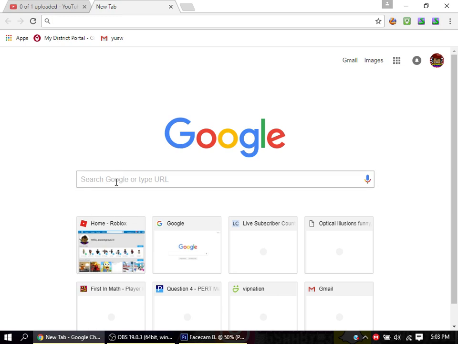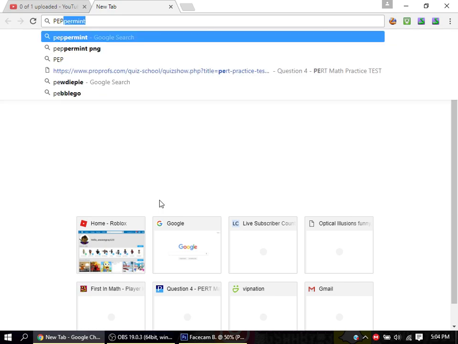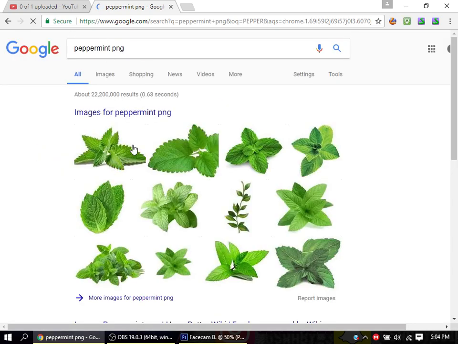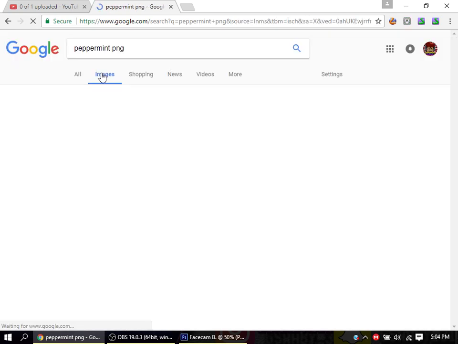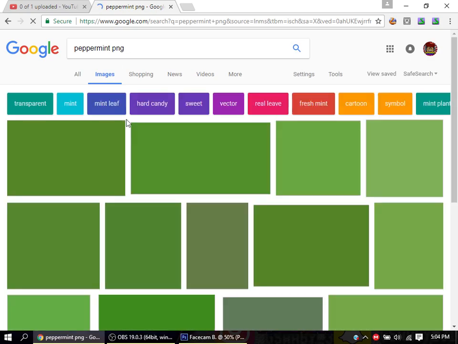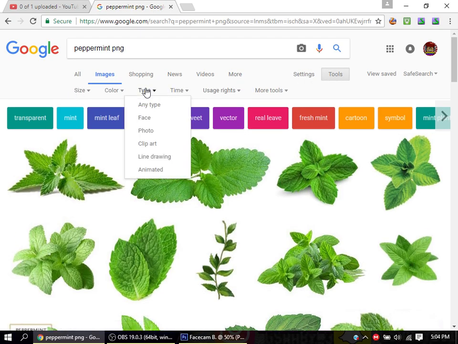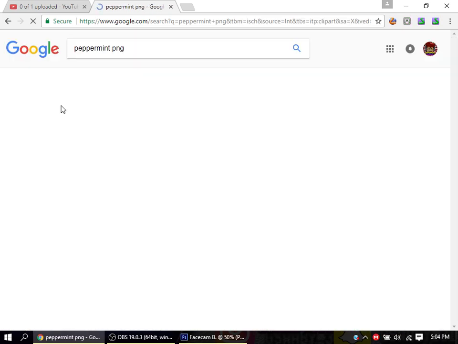You're just going to open up Google. You are going to search up anything you want. So I'm going to search up peppermint PNG. Now just press enter, and let me go into images. Let's wait for this to load. Actually, no, I'm going to go into tools, and I'm going to go into type and clip art. So it'll actually show